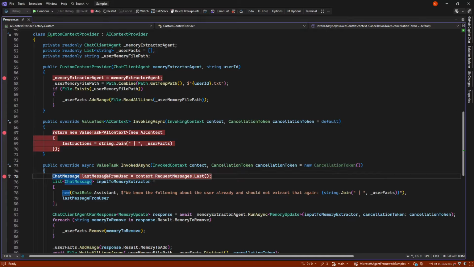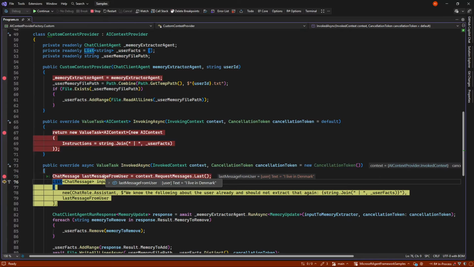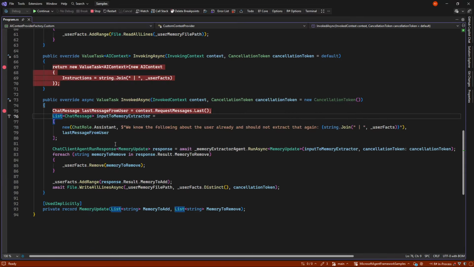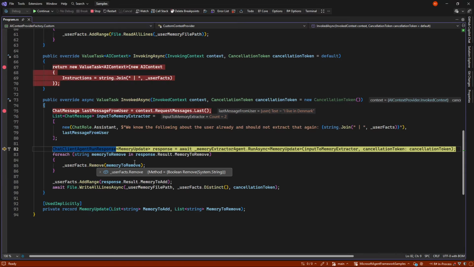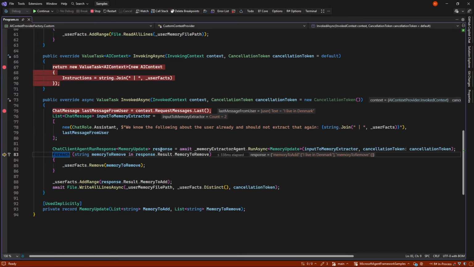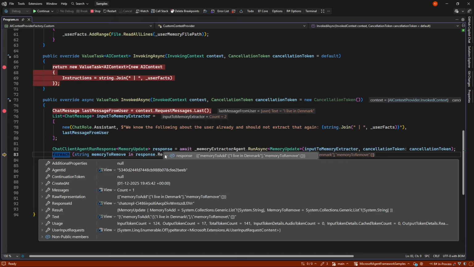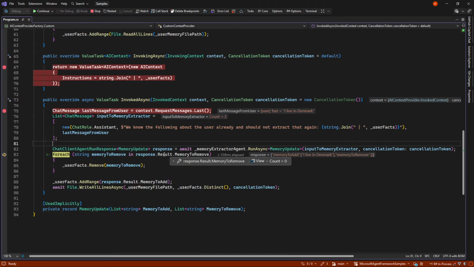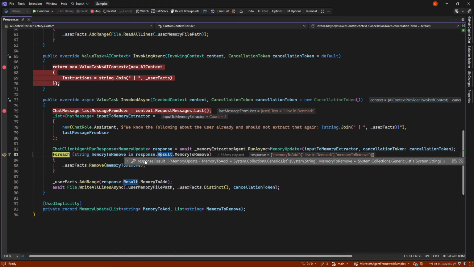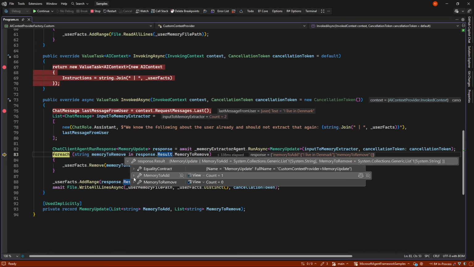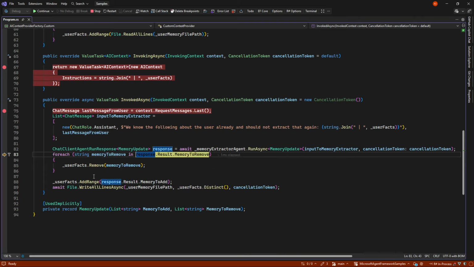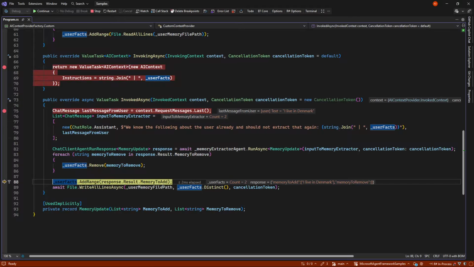But the important thing is that the message was I live in Denmark, and the memory extractor will now see that, okay, based on that, I probably should make a memory update that says I need to add one memory, I live in Denmark, and nothing to remove because I didn't ask to remove.